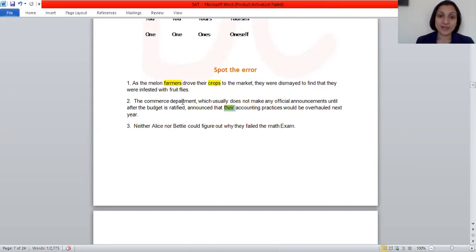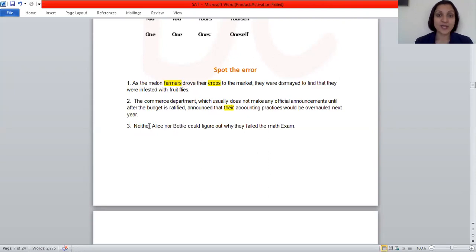I need to replace it with something which is singular. So I need to put "its" over here. The Commerce Department announced that its accounting practices would be over next year. Yeah. Next question. Now remember, in the subject-verb agreement video, if you have seen that earlier, I discussed something